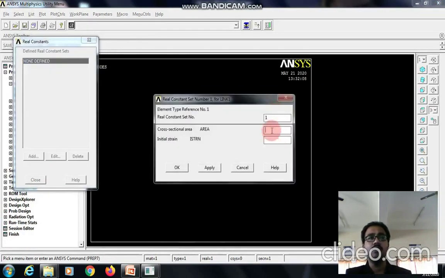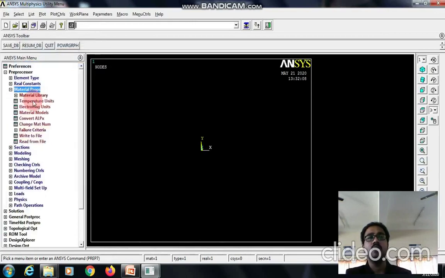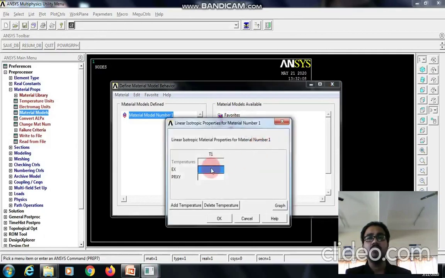The area value 3250 is the cross section area for all the structural members, and initial strain is 0 since it is a static load. Close this and go to material properties, material models, structural, linear, elastic, isotropic. Young's modulus is given as 200 gigapascal, so 200 e power 3, and Poisson's ratio is 0.32, which is given in the question.